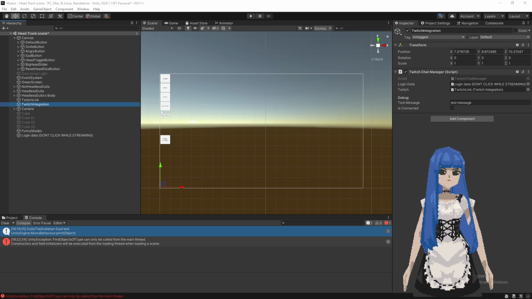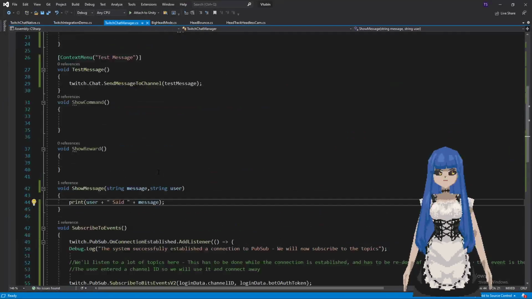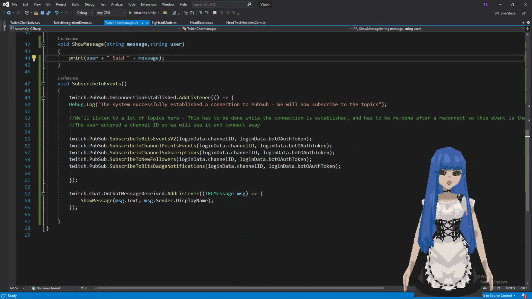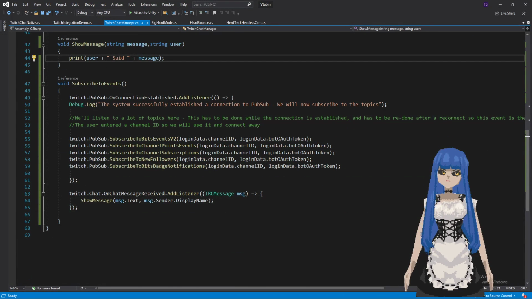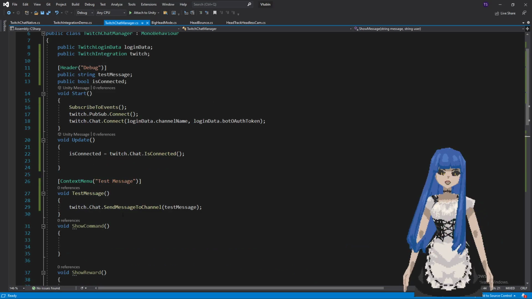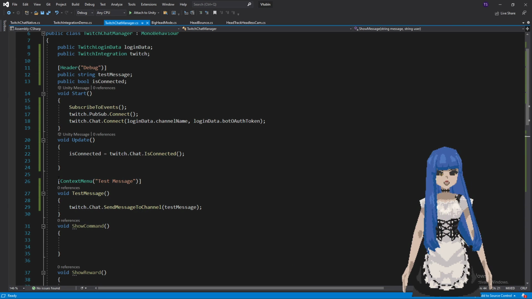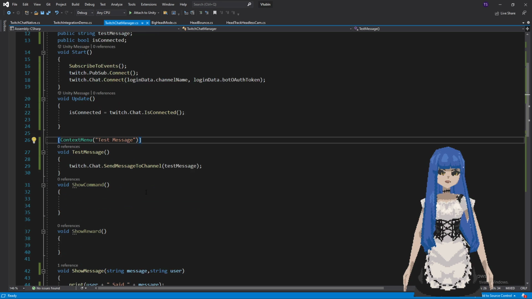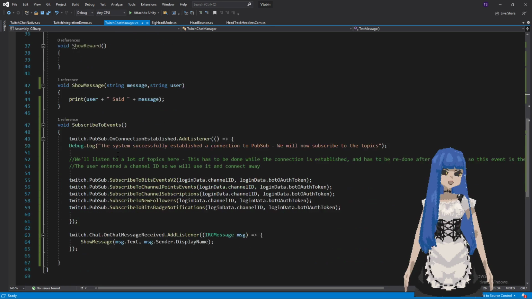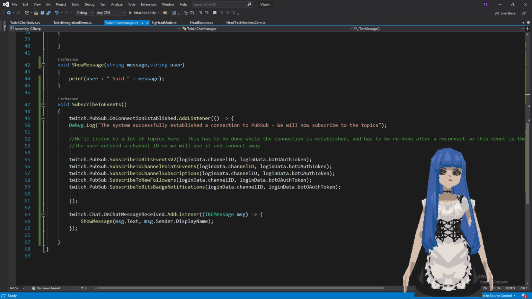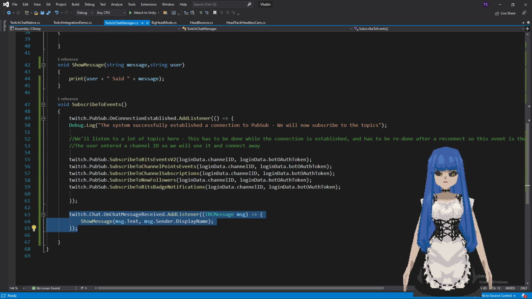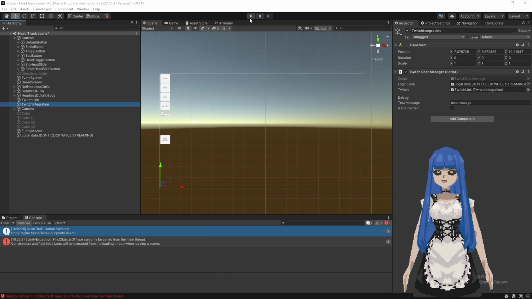Anyways, this is the code I'm working with right now. So I've finally managed to get this working to a degree. I can at least, this I still think isn't working, but that's fine. Figure that out later. But right now, I can subscribe to the messages in chat, and then, while this is running,